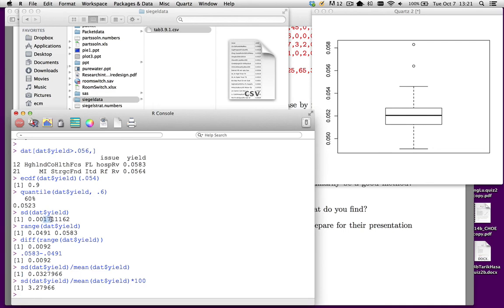So about 1.7, or about 0.2%, if we round that to 0.002, is the typical deviation from the mean. So 0.0017 is the typical deviation of an observation from the mean, which means they're fairly tightly packed, dispersed. And that's